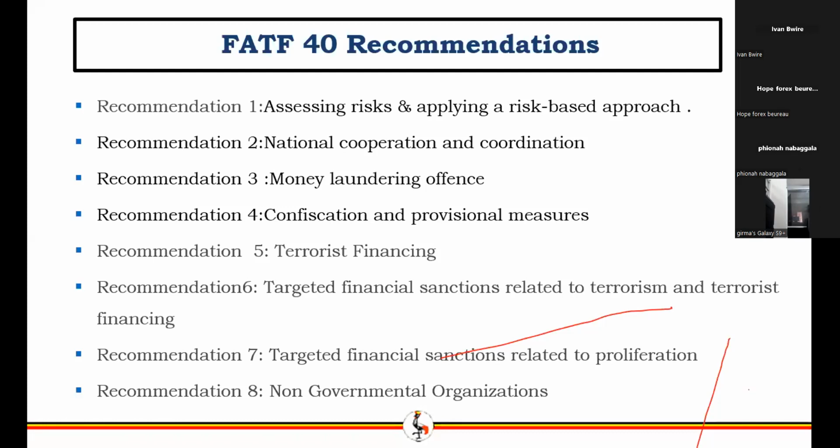What do they mean by this? Recommendation 1 requires that every country has to have an understanding of the risks that they are exposed to as a country. So how have we tried to adhere to this recommendation? By conducting the national risk assessment to ensure that we have a full understanding of the country risks. And what the national risk assessment encompassed were the risks assessed per sector to come up with an overview of the country risks, the threats and vulnerabilities.